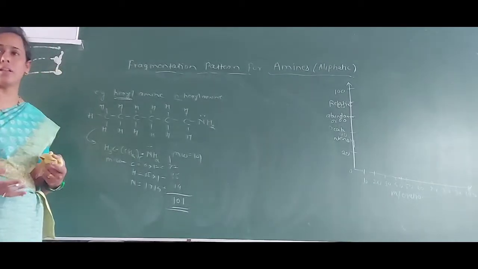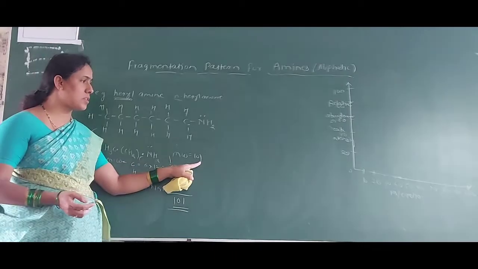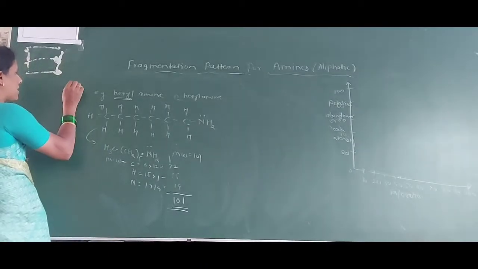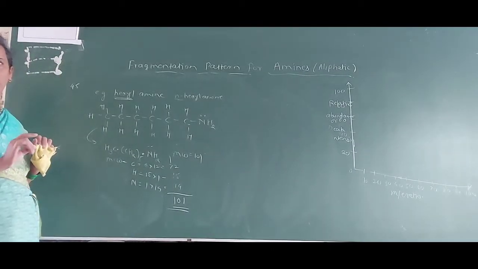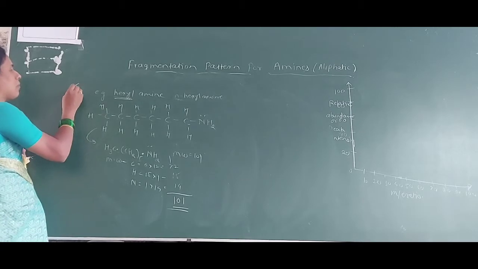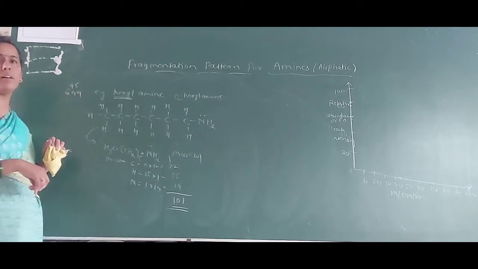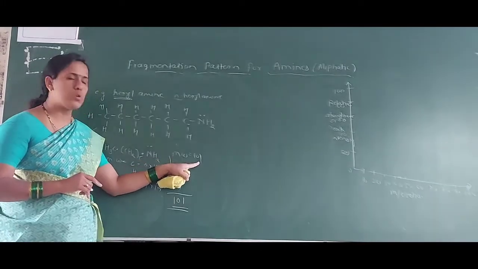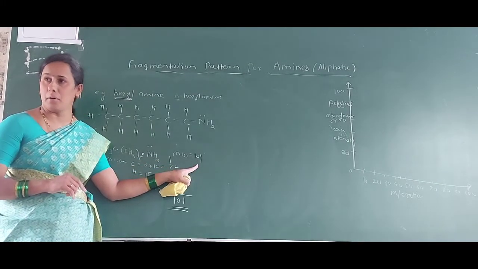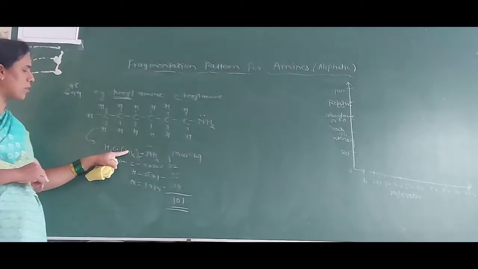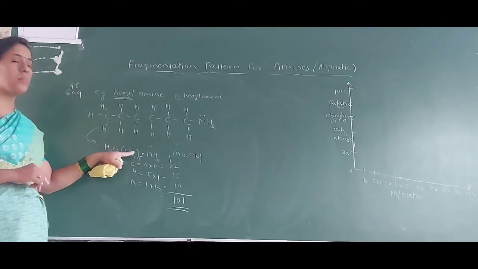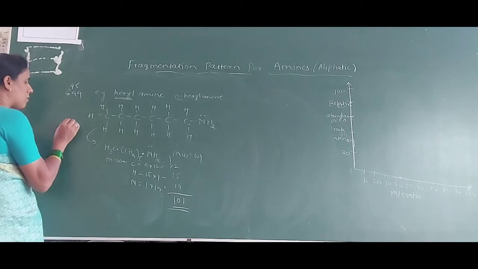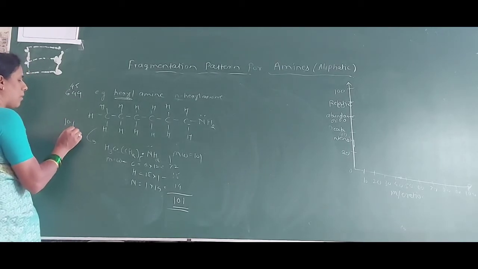Now you can easily say the second peak arises like this, ethylamine. In ethylamine, what is the molecular weight? 45. Okay, and we get again the removal of a hydrogen. We also get a peak at the 44 position. Now tell me, what is the second peak, at which position? That is equal to 100. Okay, just by removing one of the hydrogens from the methylene group, we get the other peaks. So in this way, you can also realize this number of peaks.